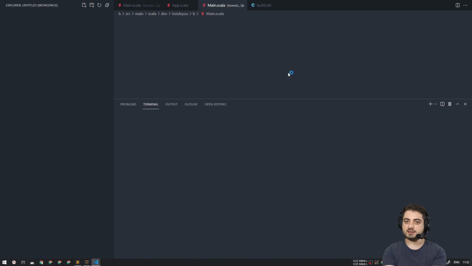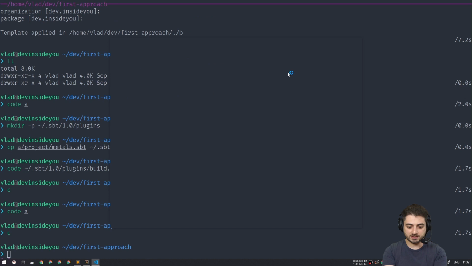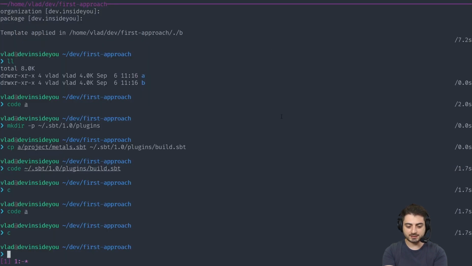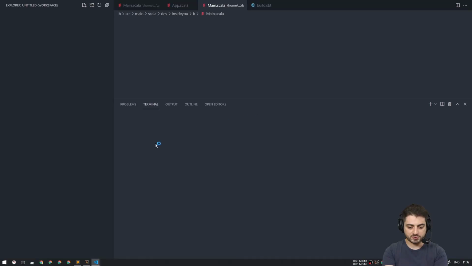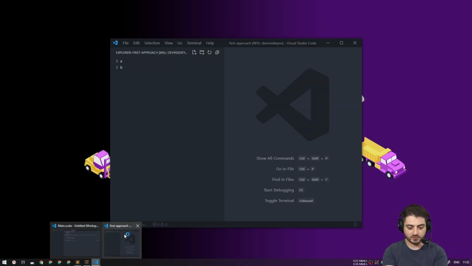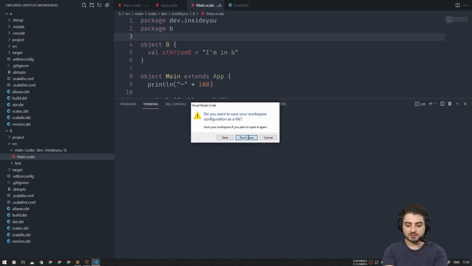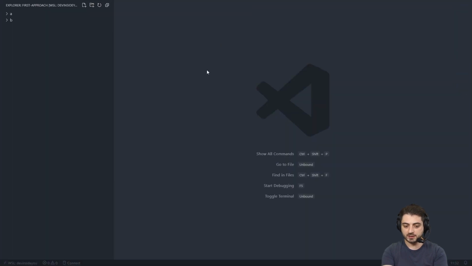By the way, I have an alias C that simply does code space dot. I always need to pay attention that it doesn't accidentally create another instance of VS Code, because it sometimes does that. I think it understands that there's now a workspace. And now I don't know which one is which. Okay, so this one is a workspace, right? Because it understands that there is a workspace. And so when you open a directory which contains a workspace, it also opens it as a workspace, and it leaves the other instance open. I only need the instance that has it as directories, okay?